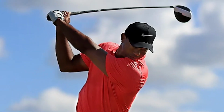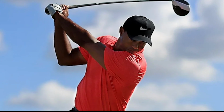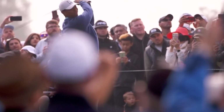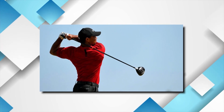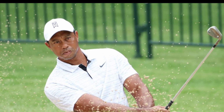motion. As his downswing begins, it becomes very important that he keeps his shoulders parallel to each other and maintains a square club face throughout this phase of the swing motion. As he approaches impact with the ball, it'll be directly in line with his left shoulder so that all of his body weight is on his front foot